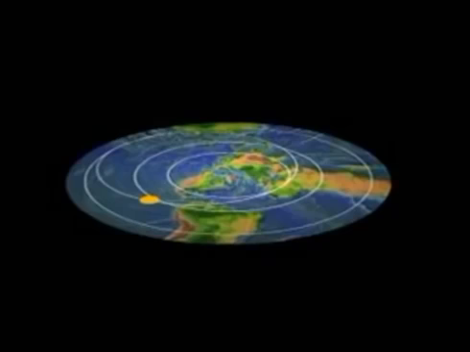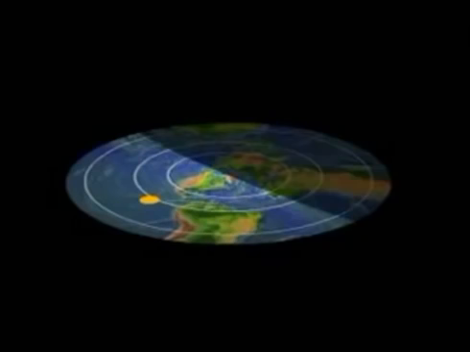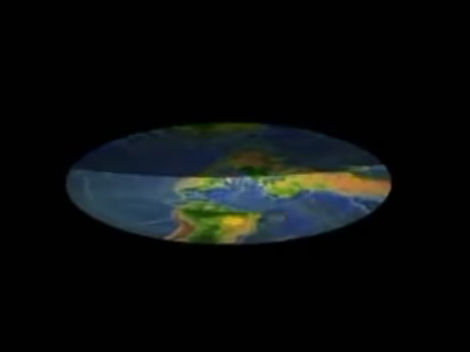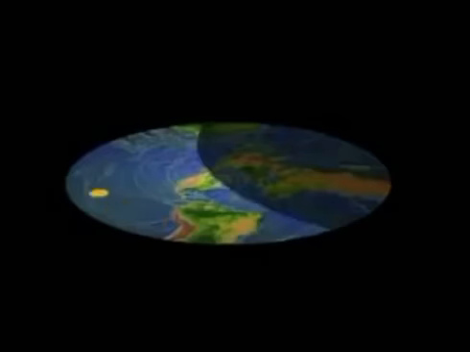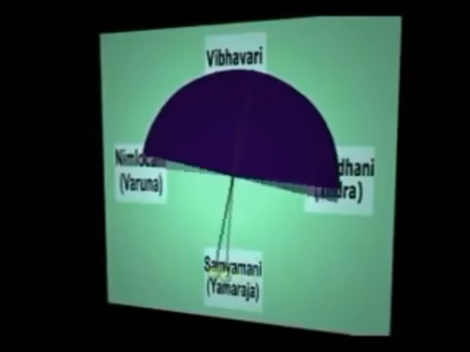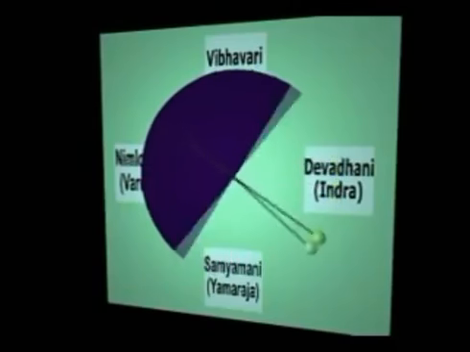The terminator, or boundary between day and night, is a great circle on the globe that is perpendicular to the sun's zenith position. It projects stereographically onto a circular arc on the planisphere that rotates once every 24 hours. At the equinoxes, this arc becomes a straight line. At the solstices, it bends so that the north polar region is illuminated in the northern summer, or in darkness in northern winter. The passage of day and night is described in the Bhagavatam as a straight terminator rotating over a plane map,